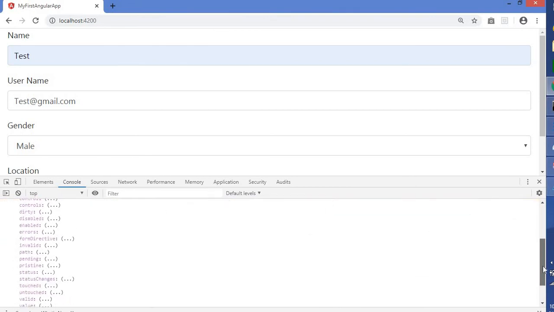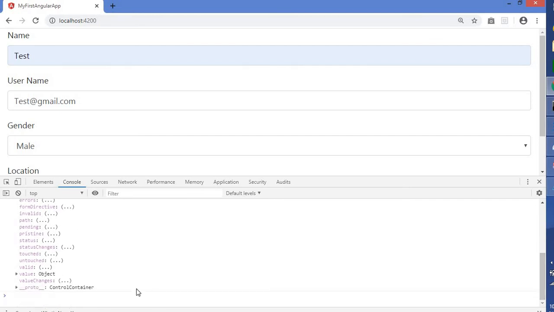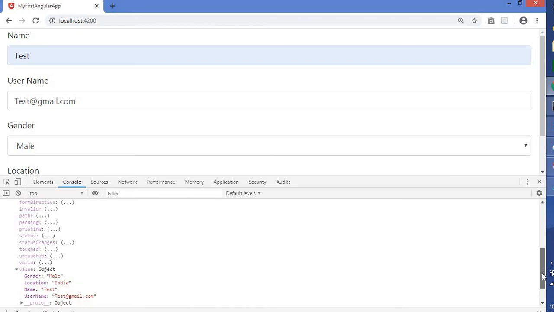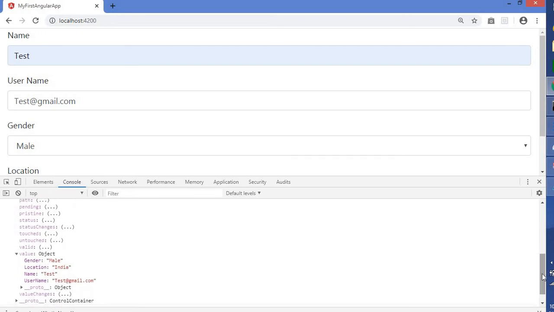These things I will explain later, but we will look at only one thing as of now. It's the value. What is the value object? The data we entered at the form level has been captured here. You're able to see the gender, location, and username, whatever I entered.